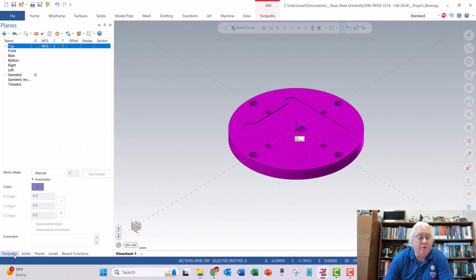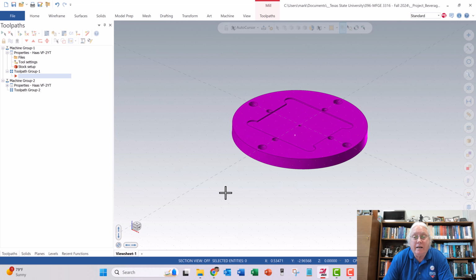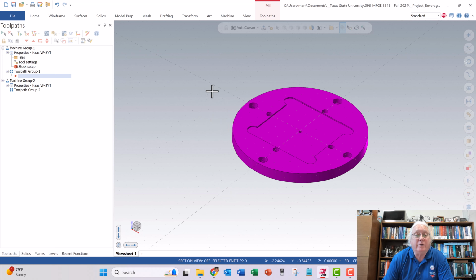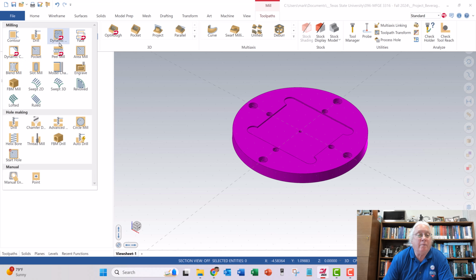And when I go back to tool paths, I can spin it around and still see, yeah, the top of the stock is still 0, 0, 0. All right, so now let's do some tool paths. I'm going to pull this down. I want to do, these are all 2D operations. I want to do a pocket,